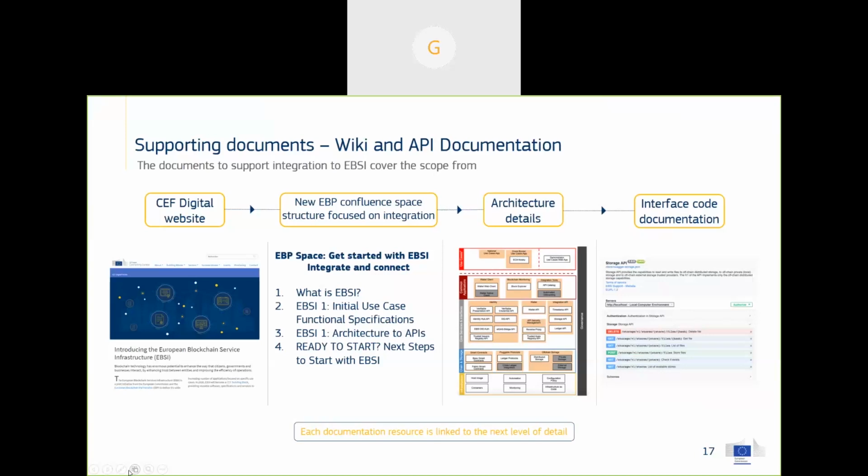So this will be a separate section that has titles such as what is EBSI, the initial use case functional specifications. So what were those functional specifications that were used in order to design and build the core infrastructure? The architecture that has just been described, all the way to the APIs, and then the call to action of